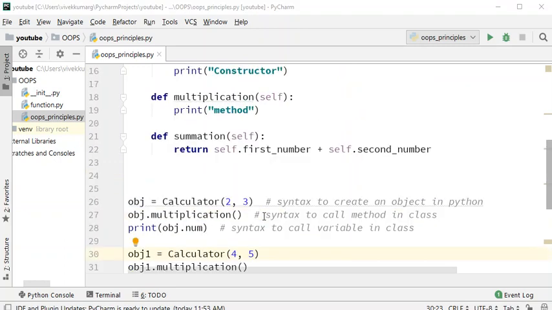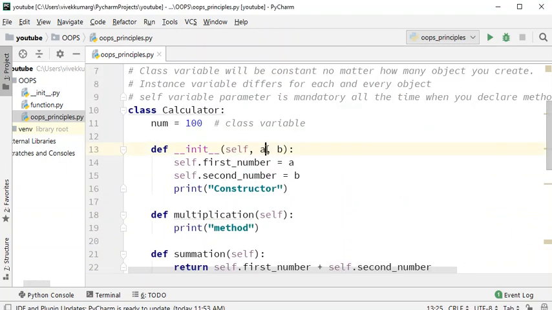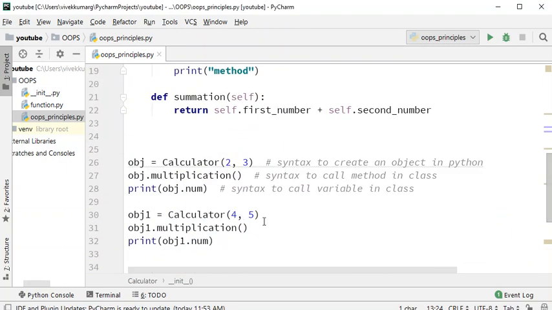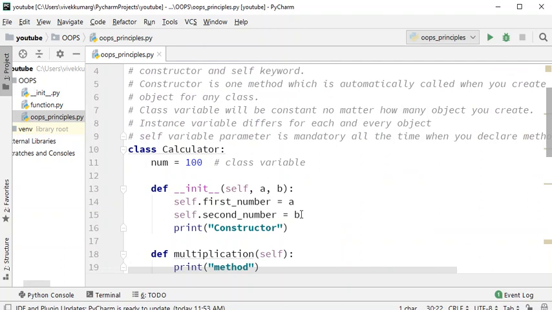Now it will catch a as 4 and b as 5. That is why we said instance variables differ for each and every object, but a class variable is not impacted by object creation. It has no impact.